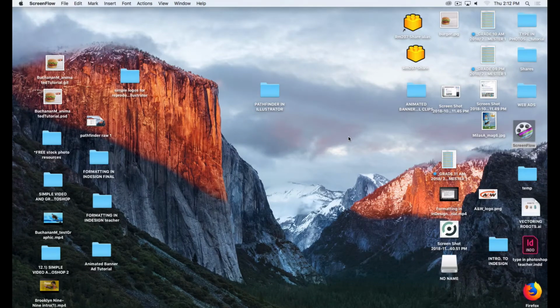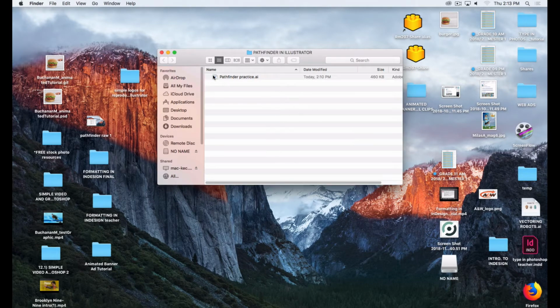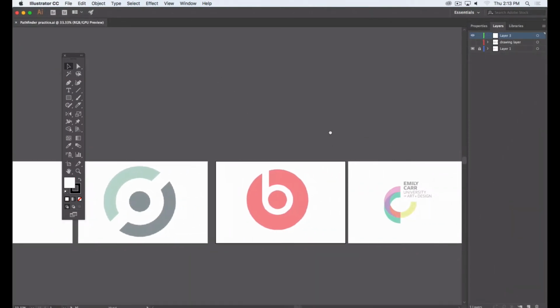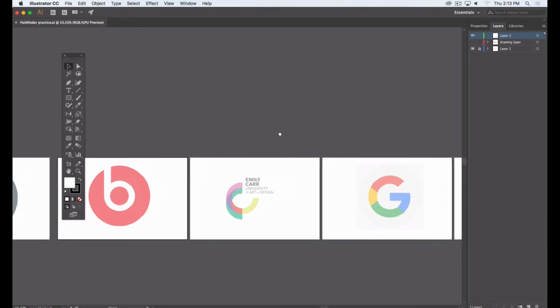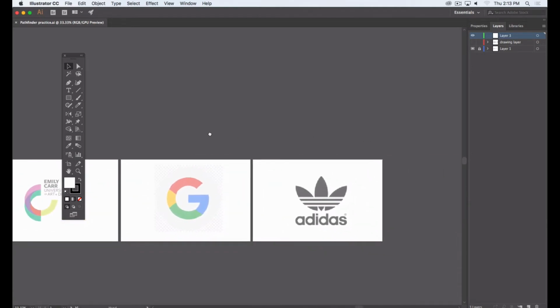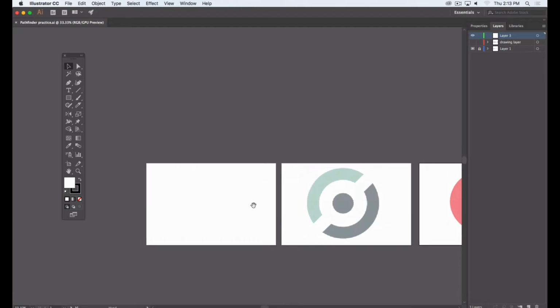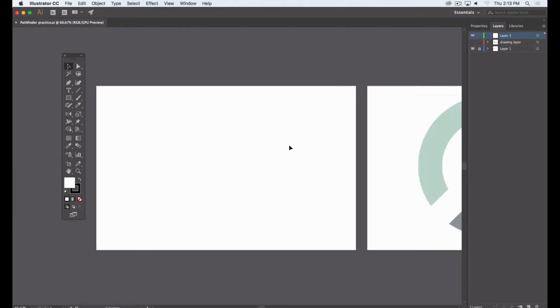So today we're going to learn how to use the Pathfinder tool in Illustrator. If you open up your folder and double click on the Pathfinder practice file, you'll see that this file contains some somewhat simple logos for you to practice some of these new skills with. And the first page is where you can just practice using some of these tools before you actually try and trace